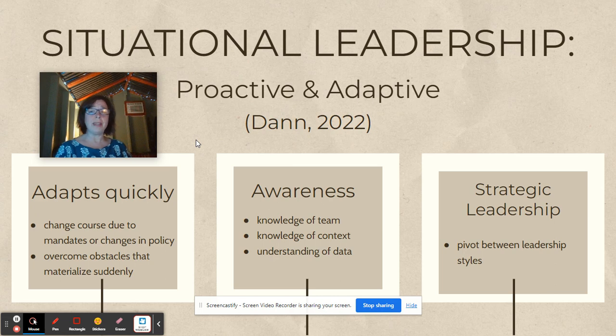And then finally, in my job, I think strategic leadership is key, because I do hold several different leadership roles within my position. I also need to be able to lead in a style that is appropriate in the context. With the AVID site team, for example, I might be a little bit more decisive, making decisions and trying to delegate a little bit more, because I am aware of the needs of our AVID certification. And I also have a bigger picture of the overall school than a lot of the site team members. So I understand not only what's going on in the AVID elective course, but also school wide.